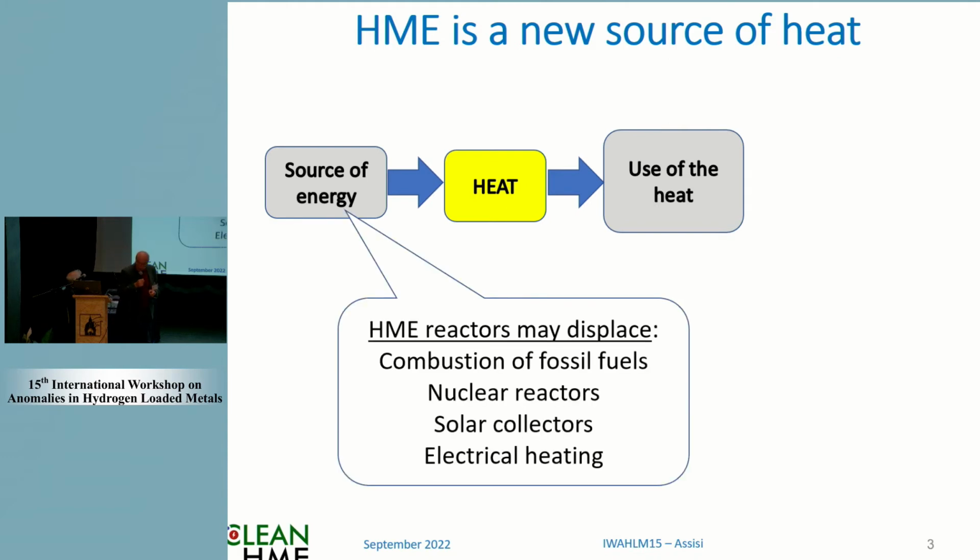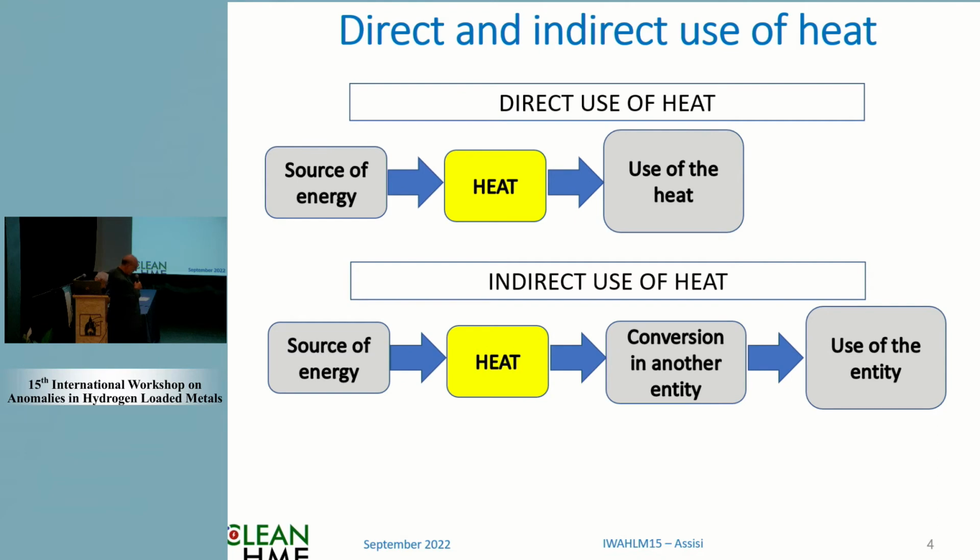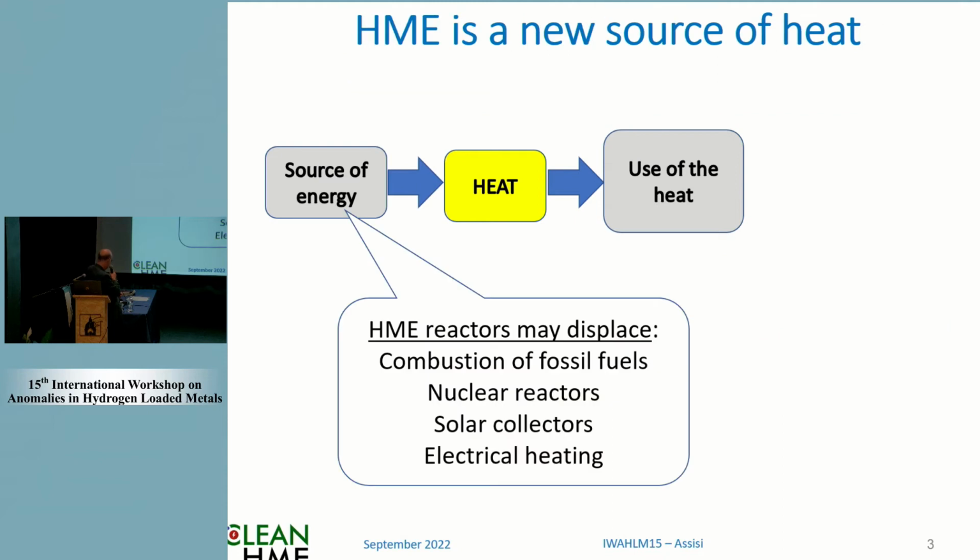And these reactors in the future may displace combustion of fossil fuels, hopefully: nuclear reactors, solar collectors, electrical heating. And because we just provide heat, it may displace the heat used directly